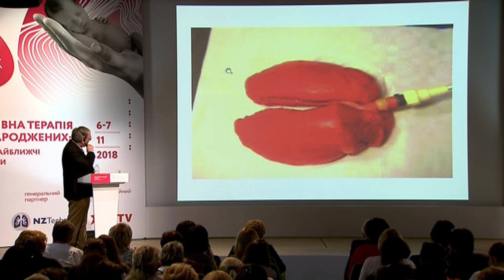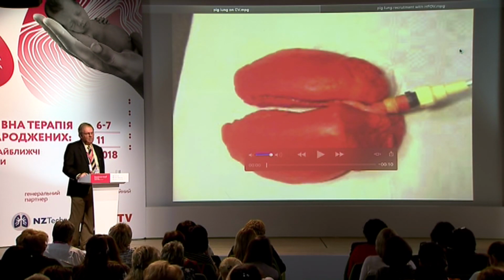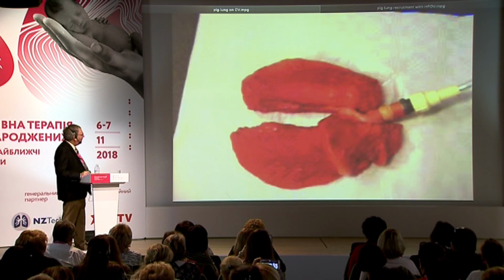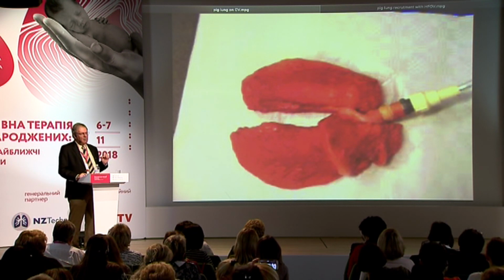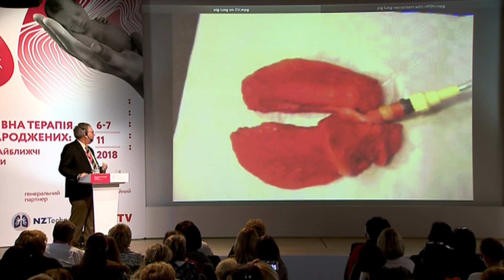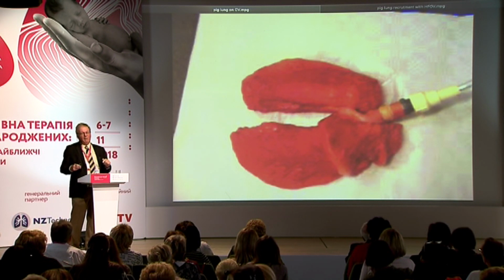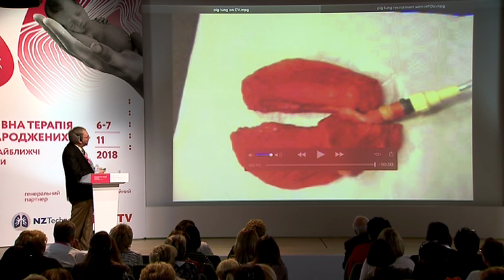Now, I'm going to show you a film, two short clips. The first of these, these were done with a siliconized pig lung. And what you see here is conventional ventilation. And you see the rhythmic opening and closing of the lungs. Now, these are normal lungs, they're not diseased lungs, but you can imagine what happens if this lung were filled with meconium or pneumonia or had abnormal vasculature, that this opening and closing is going to result in nitric oxide delivery being somewhat erratic. Now, if we go to the next slide,